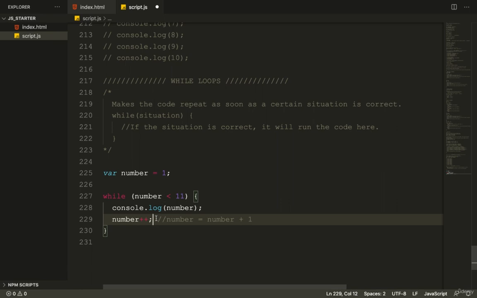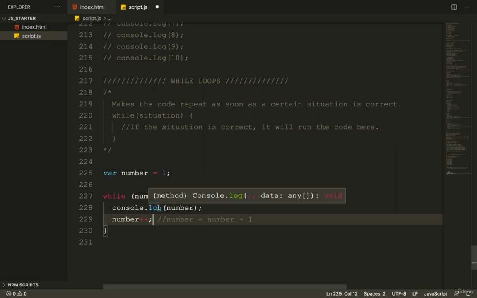So it'll check to see if the number, which is now 2, is less than 11, and that's true. So it prints the number 2, and it adds 1 to that number. So now it's 3, and it's true again. So it prints number 3, adds 1 to the number, which is 4, and so on and so forth,